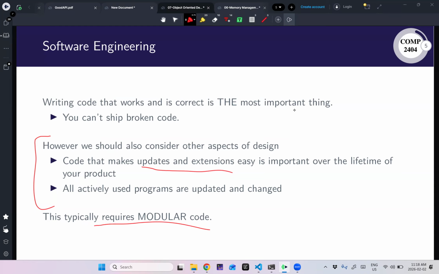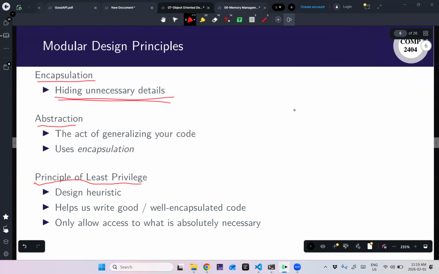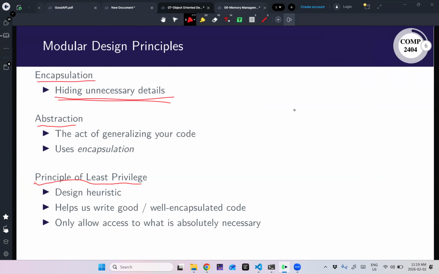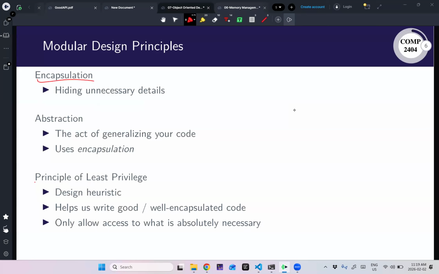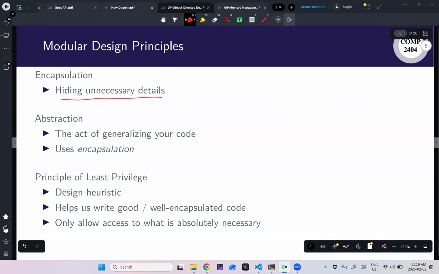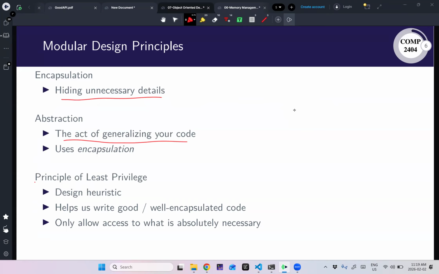I'm going to separate concerns. I'm going to have subsystems that take care of certain things, and those are going to be separated by clearly defined interfaces or APIs, right? So that's why we have access modifiers and things like that. So what we really want is to produce modular code, and we're going to use encapsulation and abstraction. These are kind of the same idea. We're going to hide unnecessary details, but we're going to hide them behind a general interface.